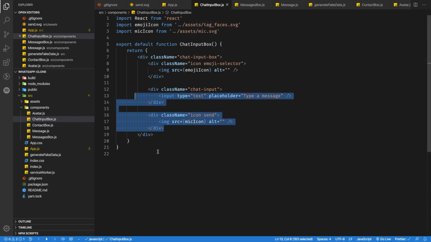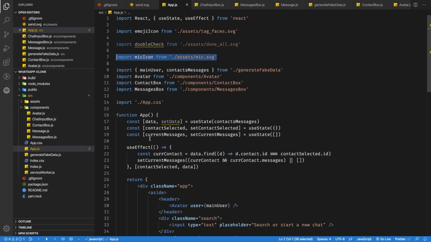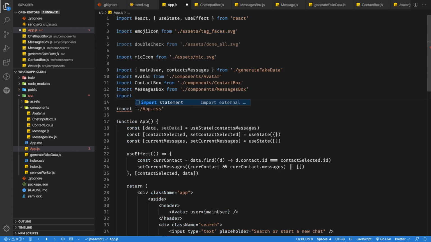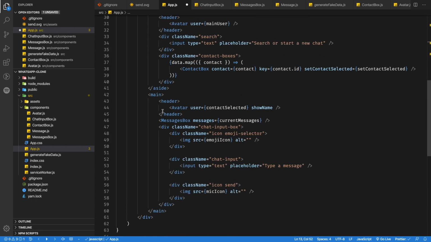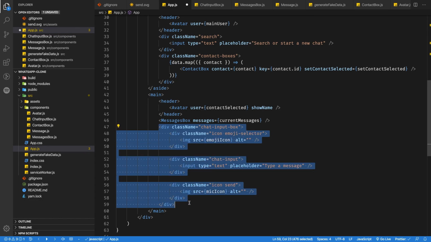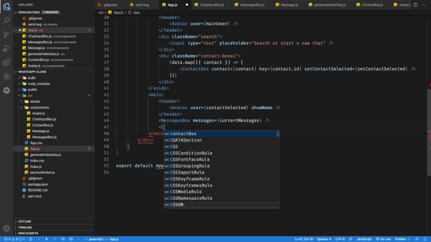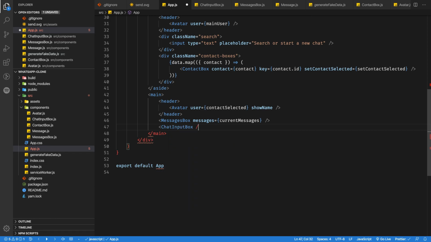So we have the component, and we can now import it. Import ChatInputBox from the component that we declared, and we can now replace this with the component. So we can say ChatInputBox,